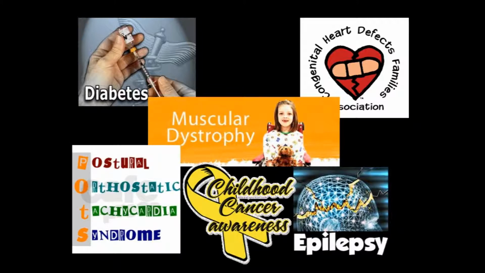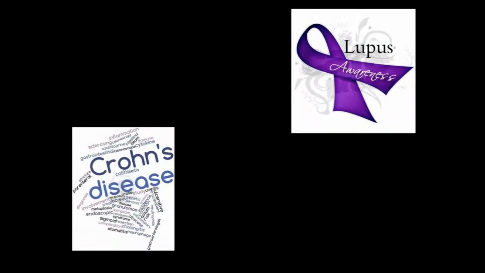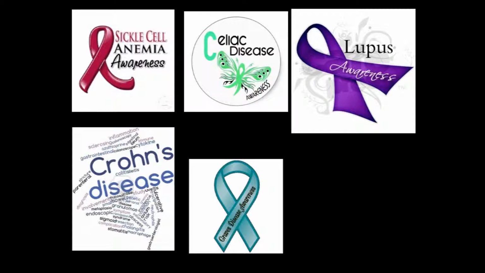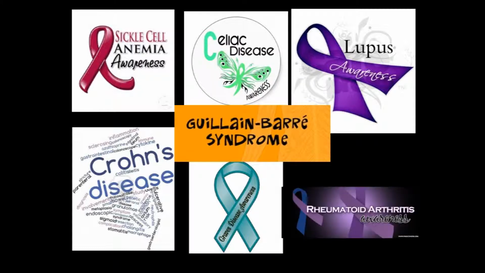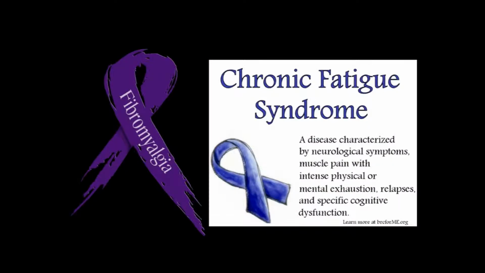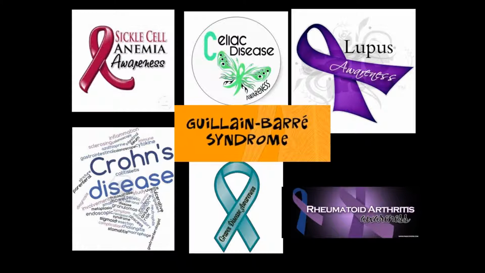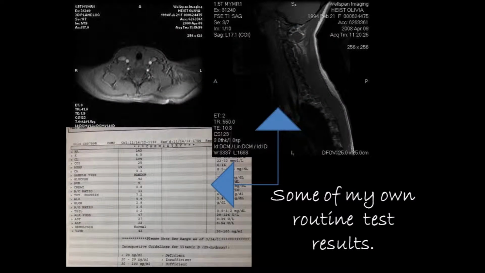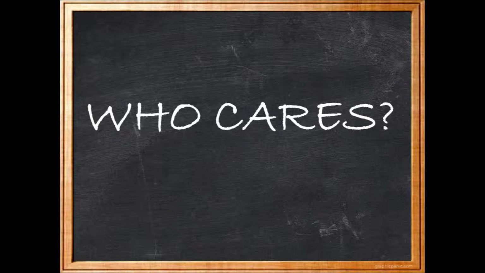Chronic illnesses also include autoimmune diseases, including but not limited to lupus, Crohn's disease, anemia, Graves' disease, celiac disease, Guillain-Barré syndrome, and rheumatoid arthritis. These are often accompanied by other conditions, such as fibromyalgia and chronic fatigue syndrome. Autoimmune conditions rarely come alone, particularly if diagnosed in a later stage or if treatment was delayed for any reason. This was my own experience with celiac disease, which led to various neurological complications as well as symptomatic forms of Crohn's disease and rheumatoid. So why do you need to know all this?